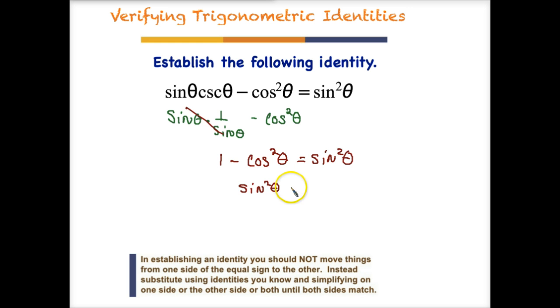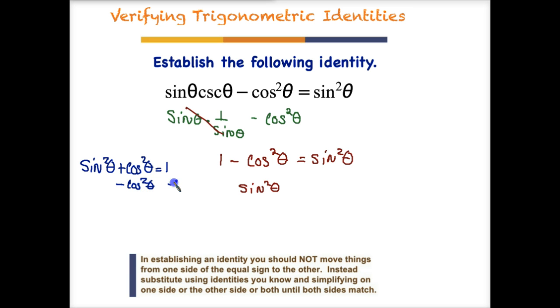If you need help remembering, go ahead and write out the main Pythagorean identity on your paper, like this. When you have it written out, it's easy to see how you can change this around through algebra to make it look like 1 minus cosine squared theta. If I subtract cosine squared theta